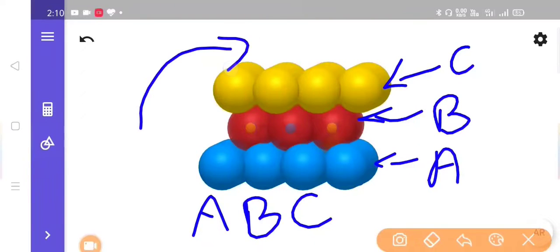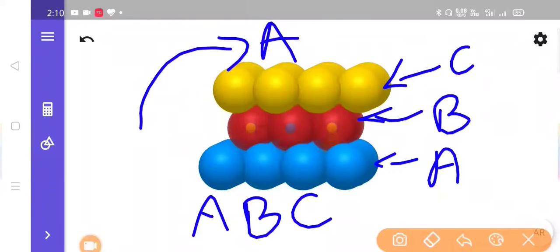So in the ABC type of configuration, we will cover the octahedral void from top and bottom by placing a 4th layer. That means we will create an octahedral void from the center 2 layers B and C, and we will cover that octahedral void opening from the top A layer and bottom A layer. That means first the bottom layer is A, then we have the second layer B, then the third layer C, and on the top of it again you will get an A type of layer.